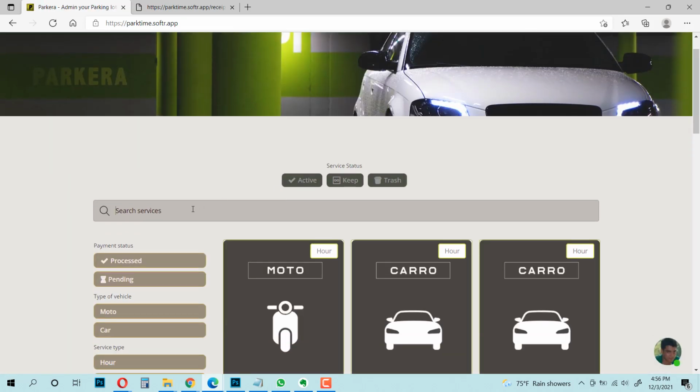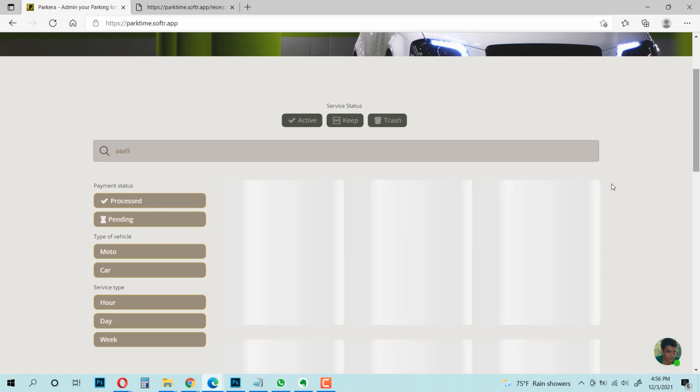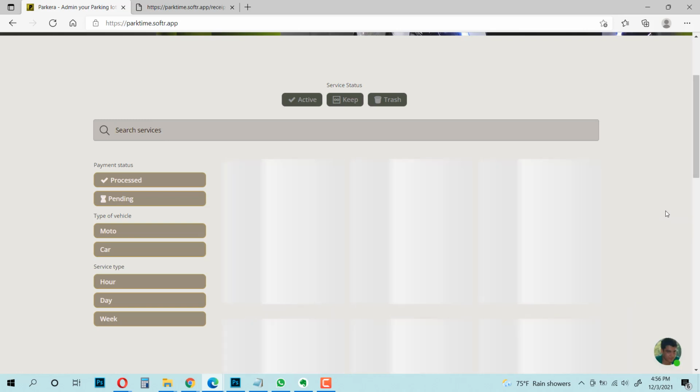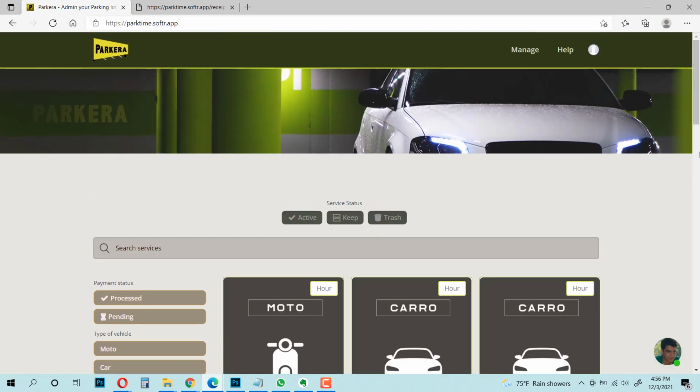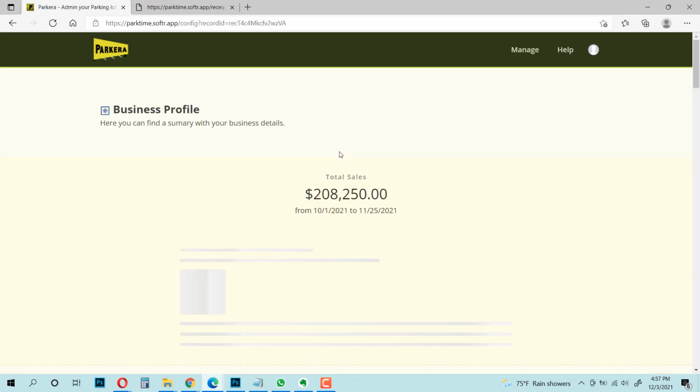I also have to mention that we have the traditional search bar. You can enter plates, and the system will begin filtering those records. Now, if you need to modify your business configuration, your business information, you will go right to the top, go to settings, and click this blue button, edit your business.